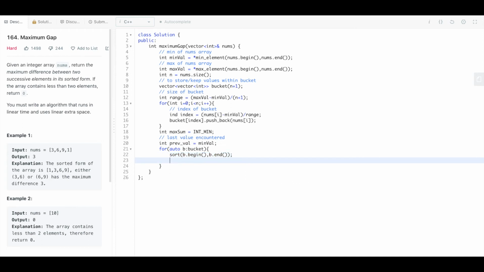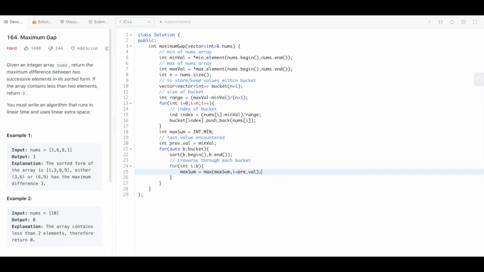Once I have the bucket here, I will go through each and every bucket value. So I will do int i of b, which will traverse through each bucket. When I traverse through each bucket, I will do maxsum equal to max of maxsum comma i minus previous value.